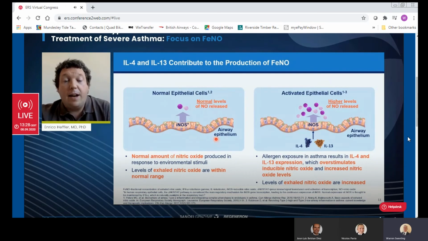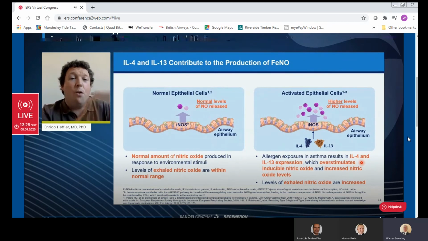And in a patient without type 2 inflammation, when there is a stimulus or trigger, such as viral infection or exposure to pollutants and so on, the inducible form of nitric oxide synthase is anyway enhanced to produce nitric oxide. So you will have a slight increase in the concentration of nitric oxide, but this is still in the normal